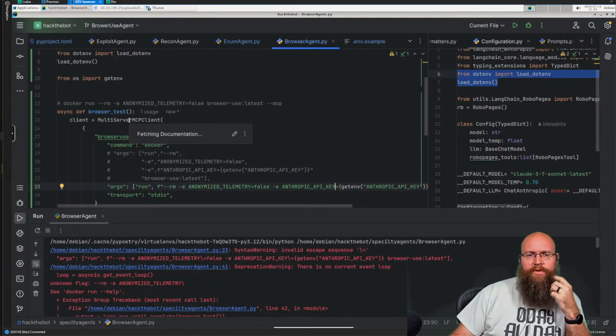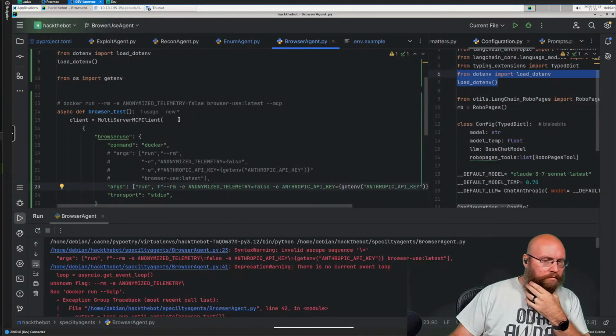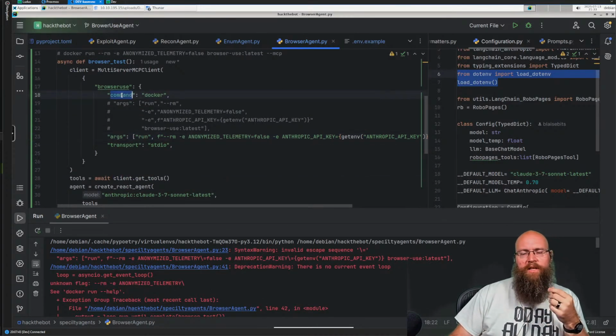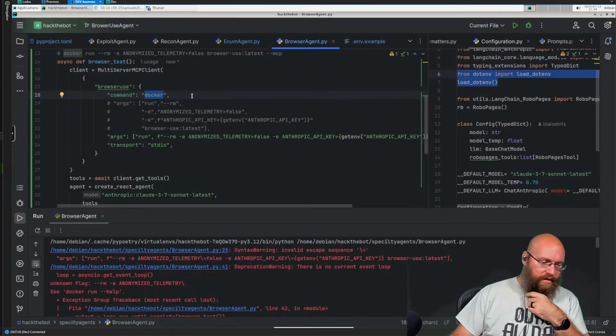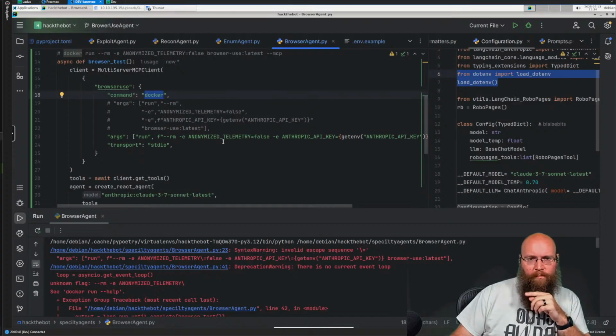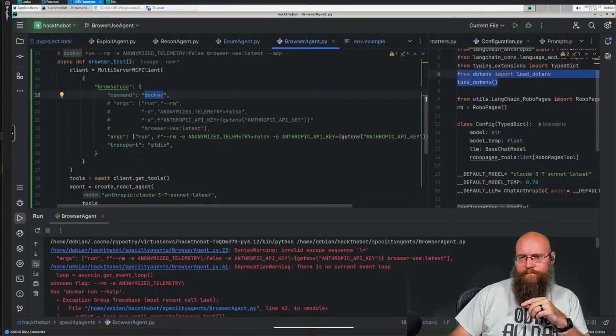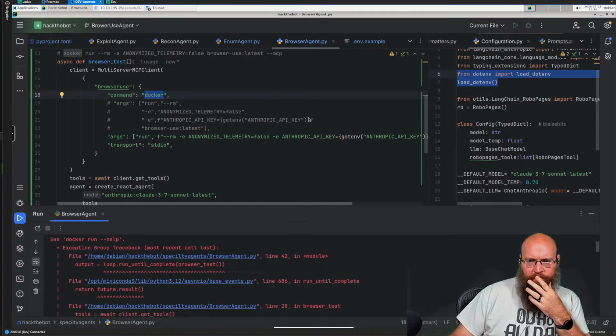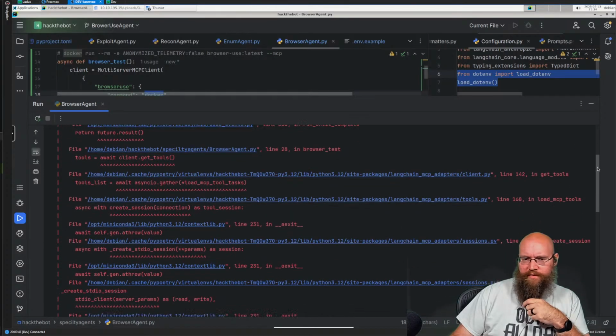Let me see something. So for this multi-server MCP client, instead of using a command, could we call a function? Because what we could do then is it needs to have its own command in here. It sucks. All right, let me think. Let me read through the rest of this error here. Let's see if there's anything else coming back on it.